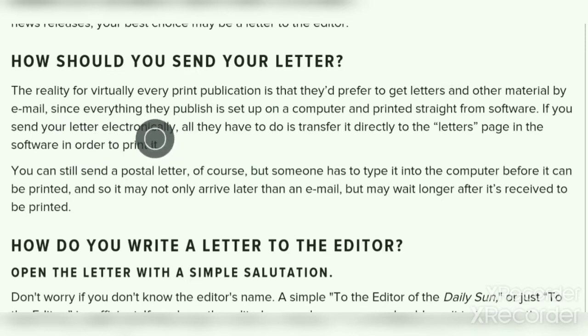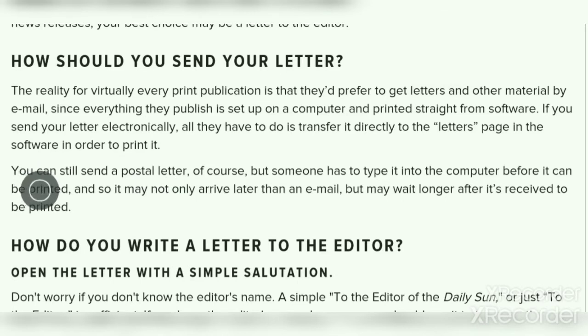So if you have sent your letter through email, electronically, meaning online, then the newspapers would not have to struggle hard to print your letter. They will just transfer your letter to the letters page in the software, and then they would be able to print it directly.